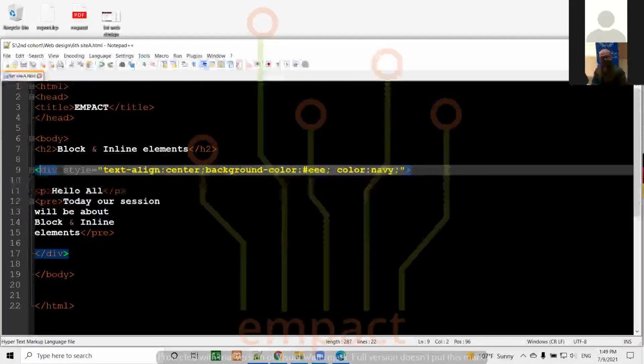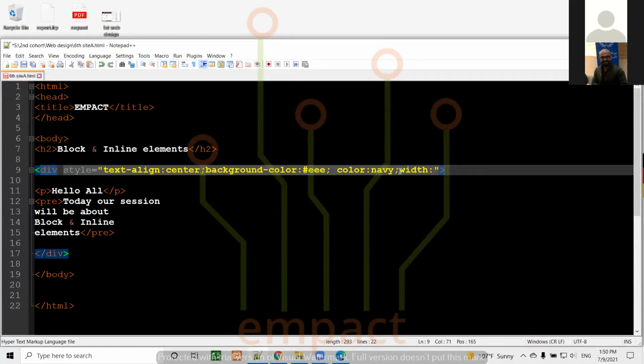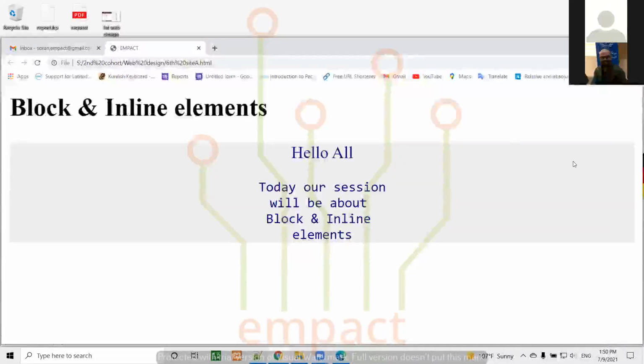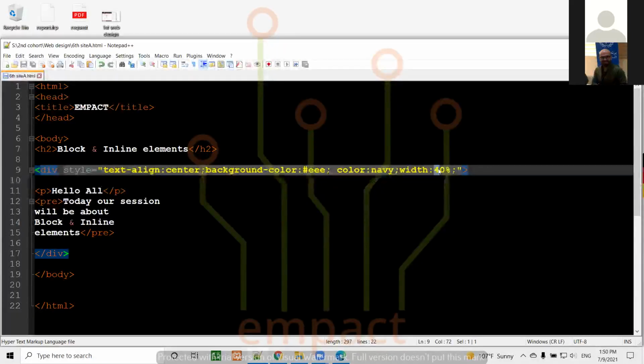So I can limit the block element as well. How? I will add width. Let's say I want just 40% of my body to be taken by the div. Control S. So here I see it is the whole from A to Z. After refreshing, as we know, it has become just the bit that I gave it from the body, which is around 40%. So if I change this 40, let's say to 60, Control S,